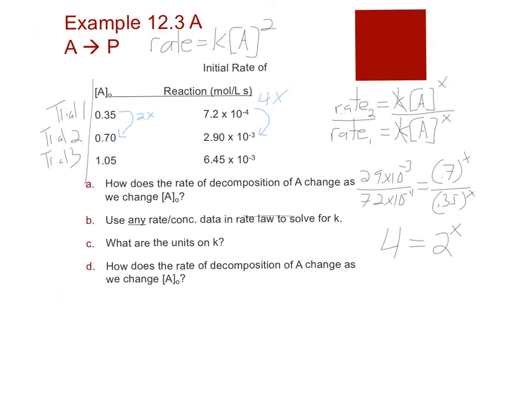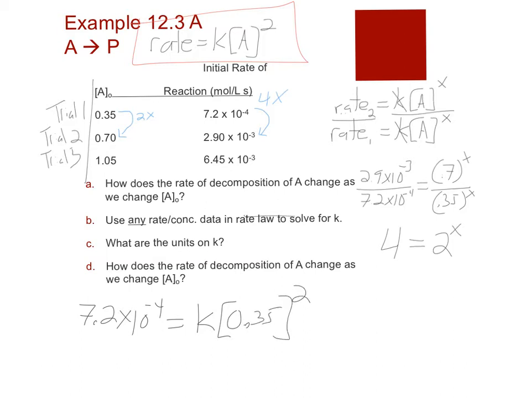But now that we know the rate law is Ka squared, we found the order is 2. Now we need to use any data. We can use any trial, 1, 2, or 3, and solve for K. If we plug in trial 1, which people usually like to go to first, 7.2 times 10 to the negative fourth, that's the rate, equals K, now K is my unknown, times 0.35 squared. And the only unknown is K. K comes out to be